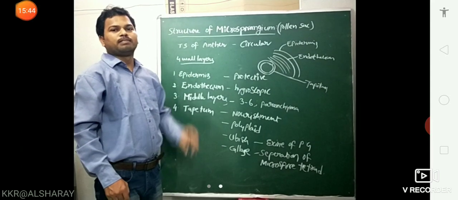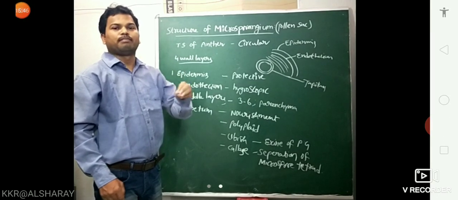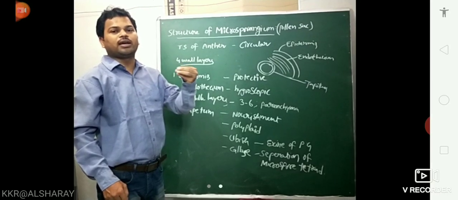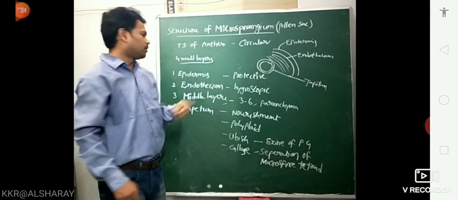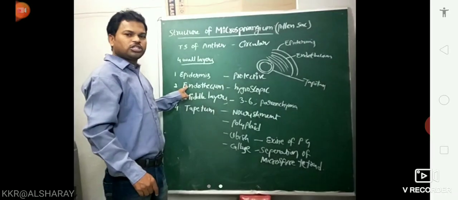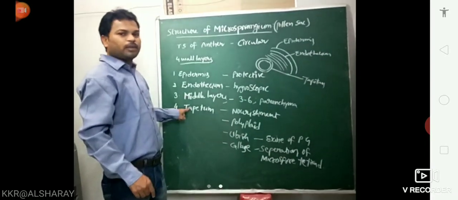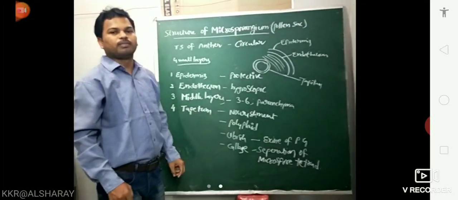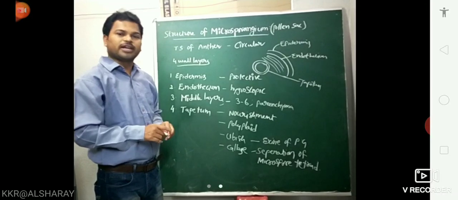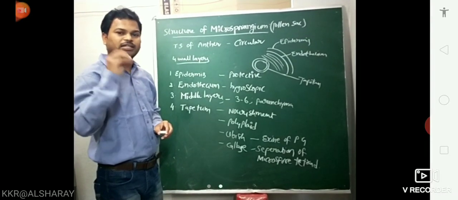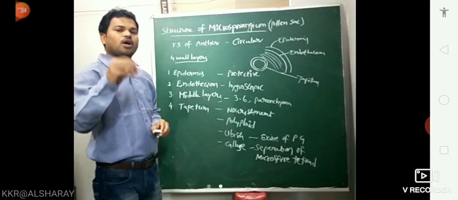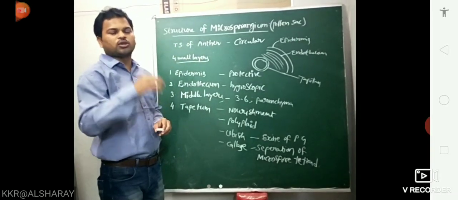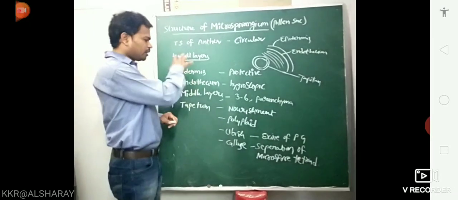I repeat the question. Which of the following layers does not help in dehiscence of anther? A. Epidermis. B. Endothecium. C. Middle layer. D. Tapetum. Tapetum does not help in the dehiscence of anther. So the answer is tapetum. Matching is also important. Choose the correct answer, important. Identify the correct statement, important. How many are correct, how many are not correct about tapetum, they may ask such questions. So be careful about the NCERT points also.